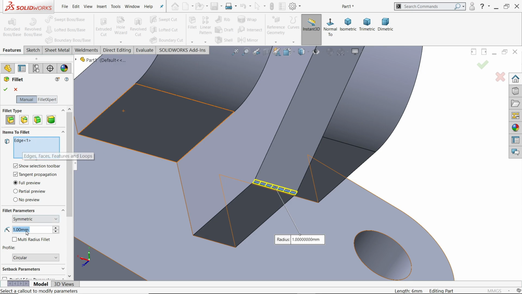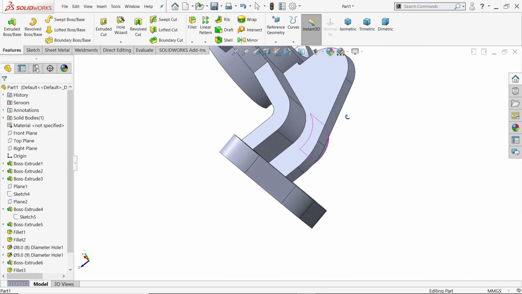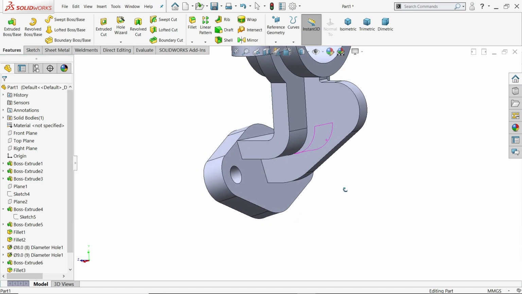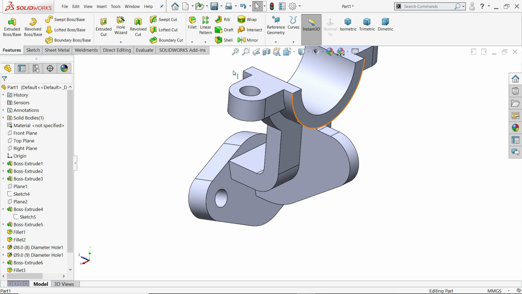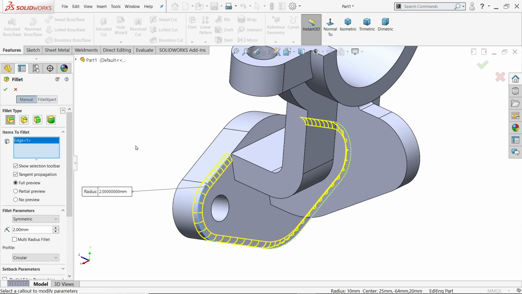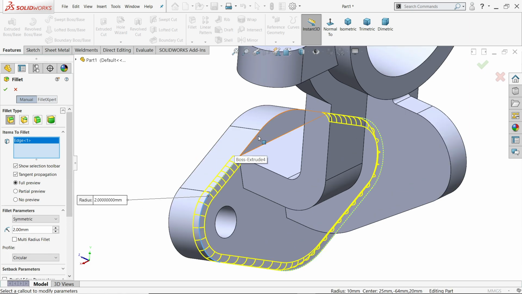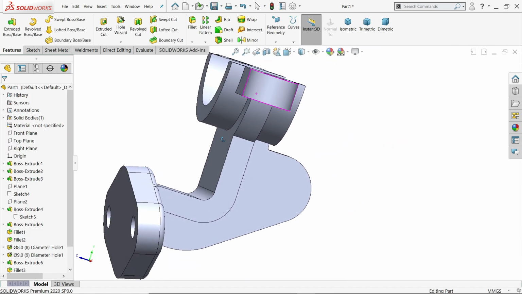Here the edge selected 24 millimeter, this one. That's it. Again I am going to choose fillet and I'll choose this edge 2 millimeter. Select this edge also 2 millimeter, these two edges, constant size fillet. That's it.